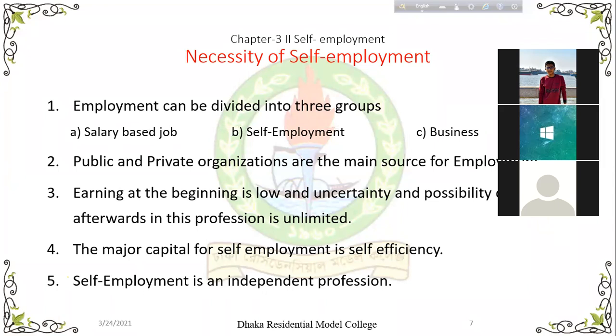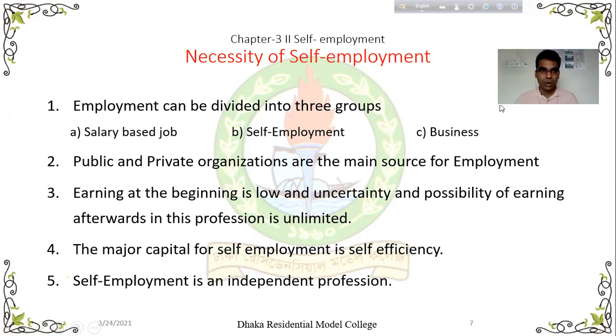These are the types of employment I will ask in the next class. Be sincere in my class. Okay, then